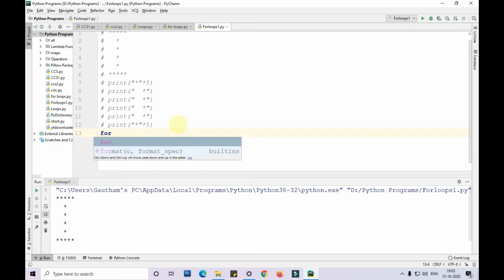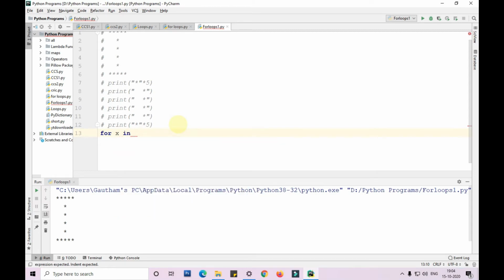So he'll use the for loop, for x in range of 6, colon, if x equals to 0 or x